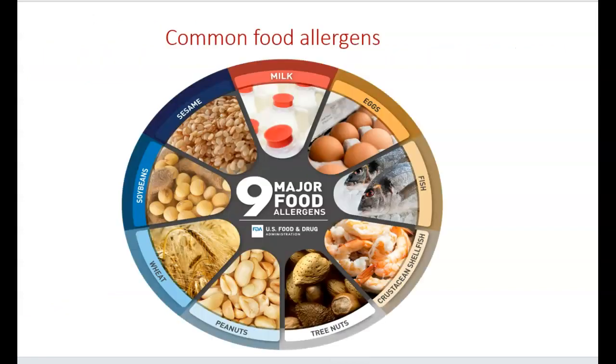There are 9 major food allergens: milk allergy, egg allergy, fish allergy, shellfish allergies. In this, there are different types of seafood allergies. Then tree nut allergies, peanut allergy, wheat allergy, soybean allergies and sesame allergies. The most common is peanut allergy, which is now one of the most common allergies throughout the world, from children to older people.